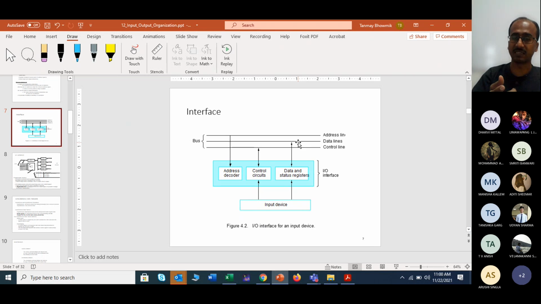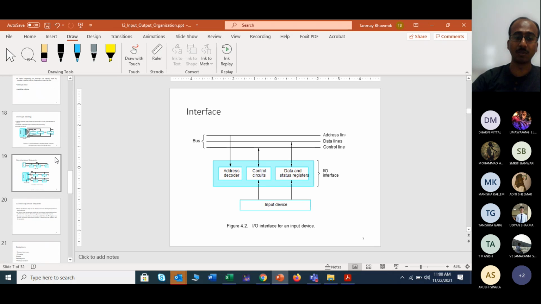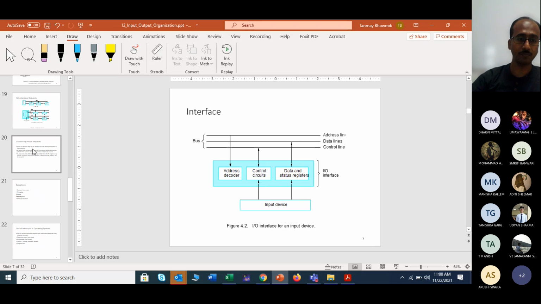Then this information is passed through the status register. The data register will check the width of the data and send an error message, an overflow kind of error message. So this kind of thing is done based on your status flags and status registers. These are actually termed program controlled IO.